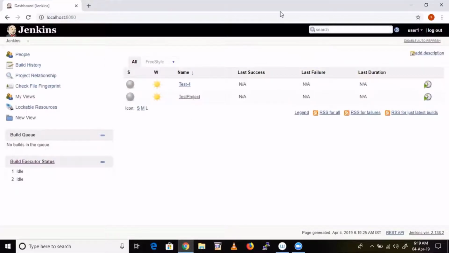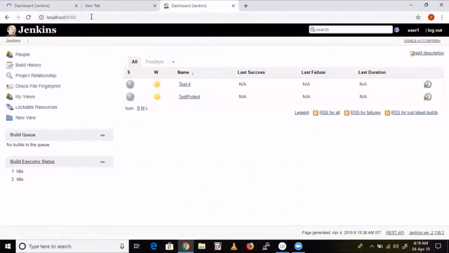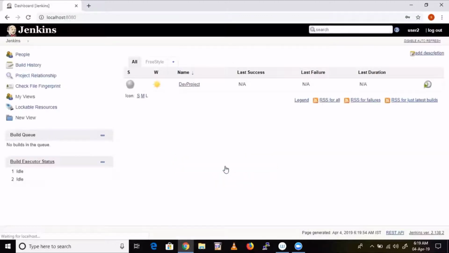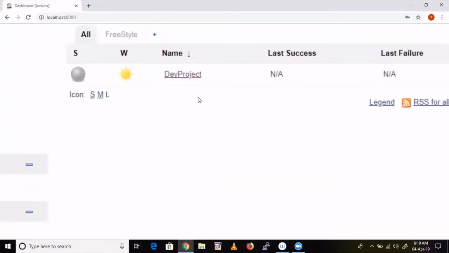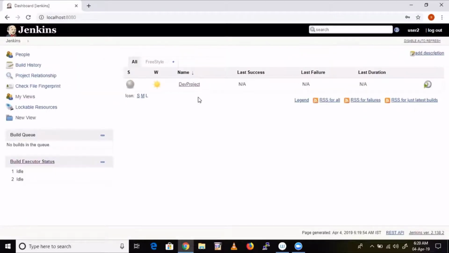For example, if you log in as user 2, he can only see jobs starting with dev. Like that, we can restrict permissions. Understand? We can give permission, we can restrict permission, everything we can do.